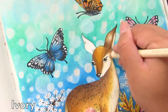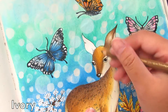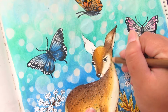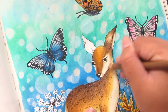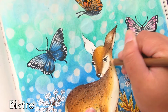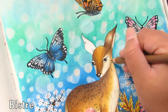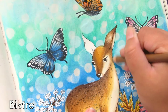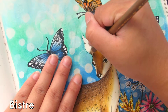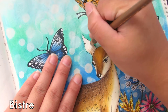And with the Bistre again, I just go really light. As you can see, I try to make it very natural so you just don't see it cut straight right to the white area, but it's kind of like slowly fading to it. And we're gonna do the other ears just exactly the same way, with flick motions, top